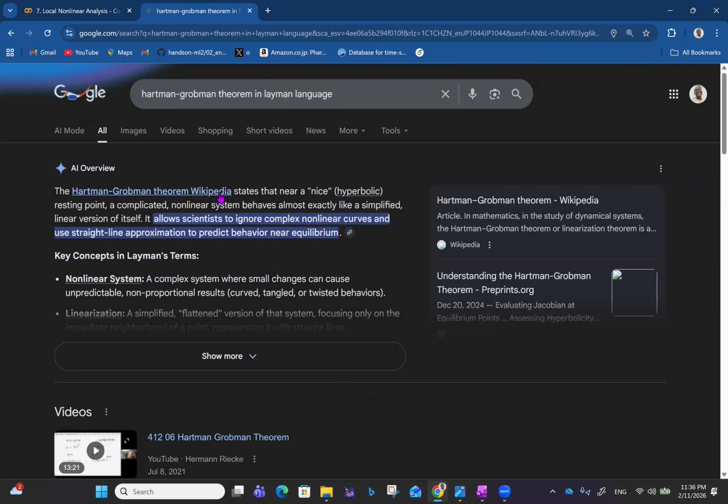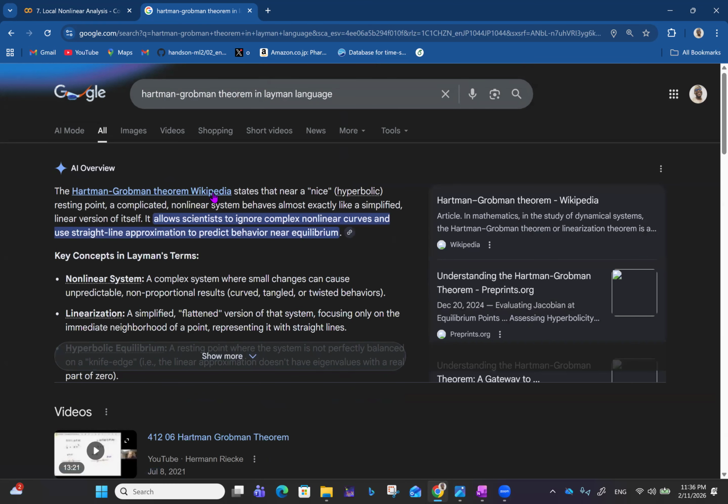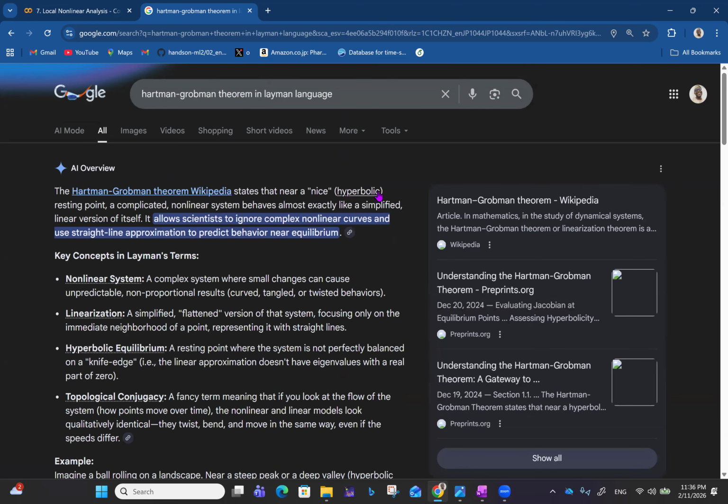So in layman language, we say that the Hartman-Grobman theorem states that near a nice or a hyperbolic resting point, a complicated nonlinear system behaves almost exactly like a simplified linear version of itself. So it allows scientists to ignore complex nonlinear curves. So the Hartman-Grobman theorem seems to be giving us an easy way out for thinking about nonlinear systems, which